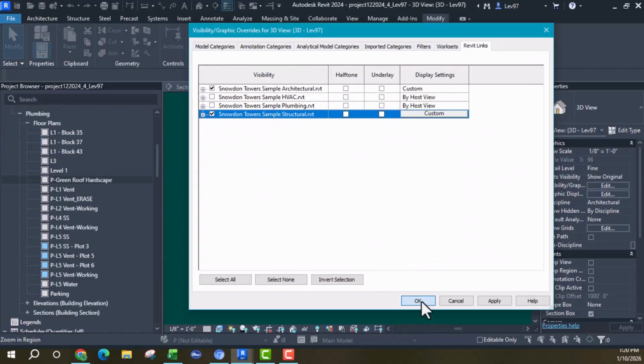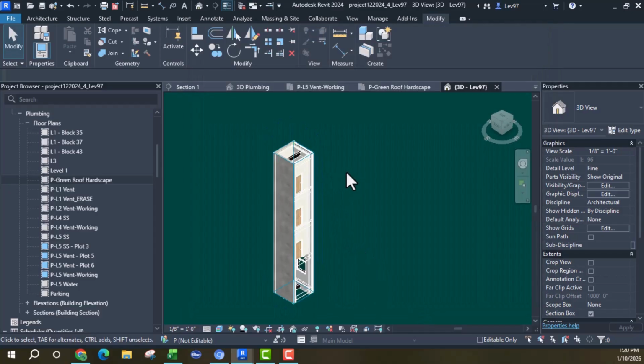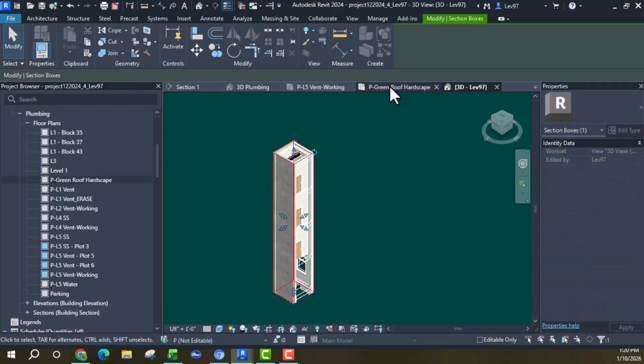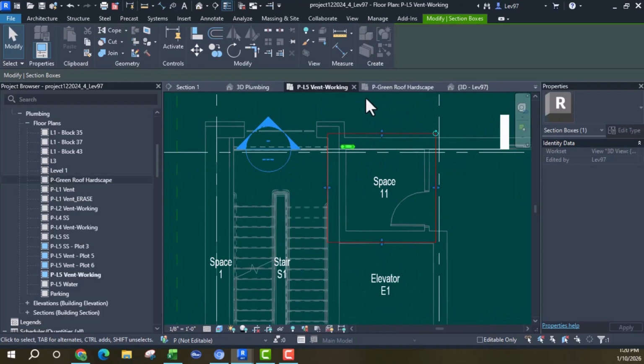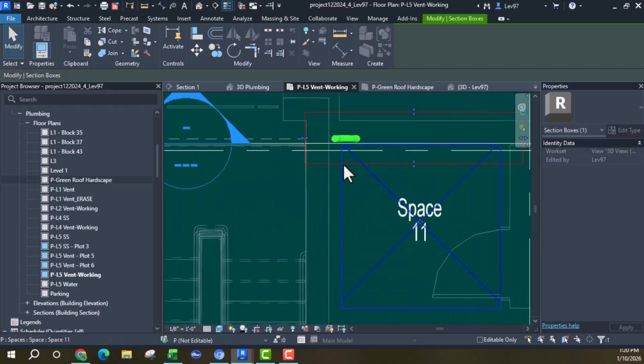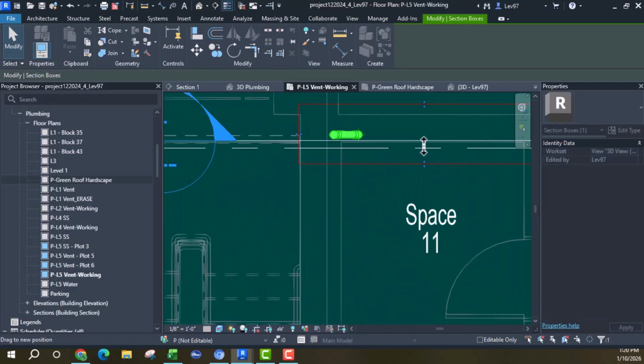So we'll do that and do this. And what we can do, I'm going to highlight this and go back to, was it 5? Okay. So as you can see, this is an indication of where we are. And I can move this up so you can get a better view of where this piping is relative to the